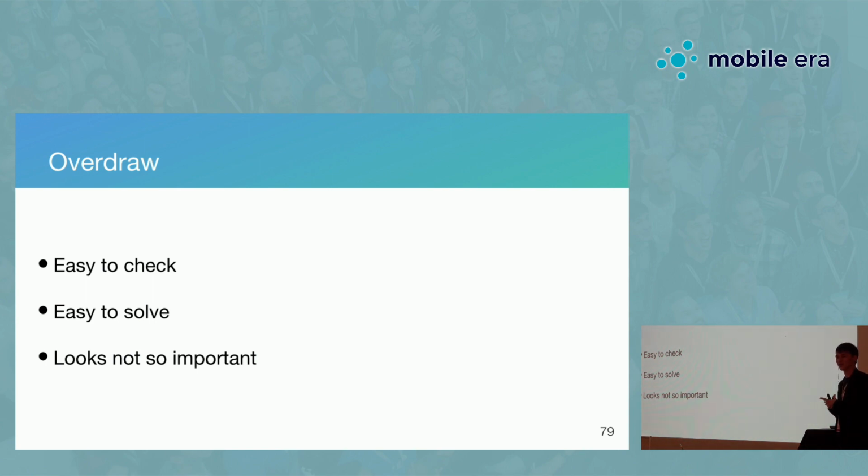So what did we achieve again? We understood that overdraw is very easy to check. It's quite easy to solve, usually. However, for us, measurements told that the improvement is not so big, and actually it was like nothing. And I had a talk with Romain Guy from Google, and he told that, yeah, even if the Google developer site still has a notion that you have to try to make your app work with not more than 2.5x of this overdraw.